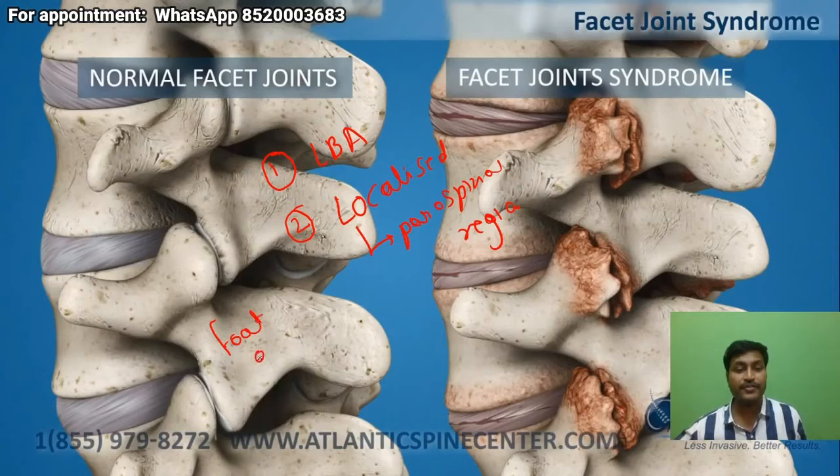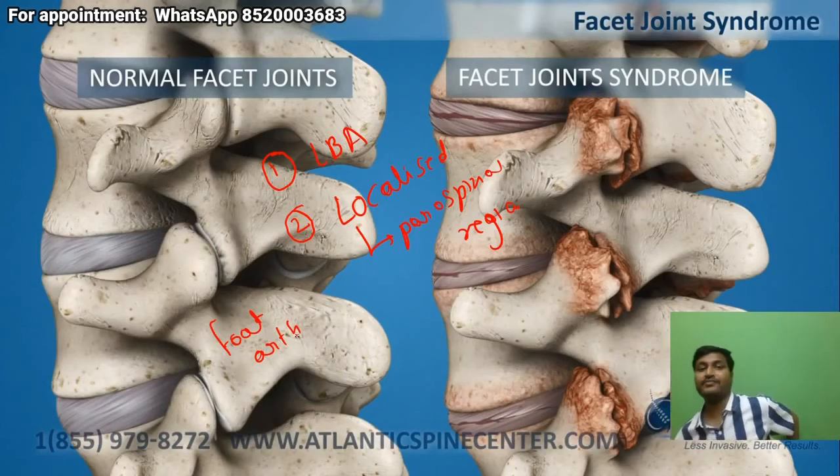So everyone should be able to differentiate pain because of disc bulge, that is pain because of annular tear, from the pain because of facet arthritis. Low backache in facet arthritis increases in extension. It is more localized and the patient will be able to localize it with the finger. He will typically show this is my pain.